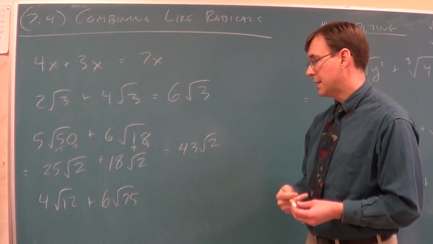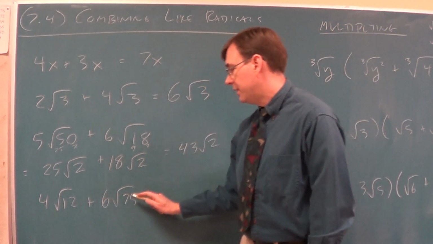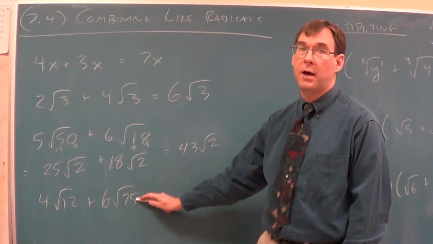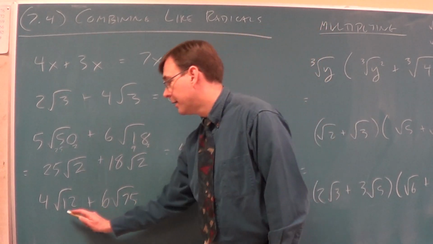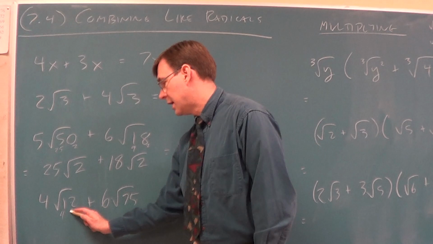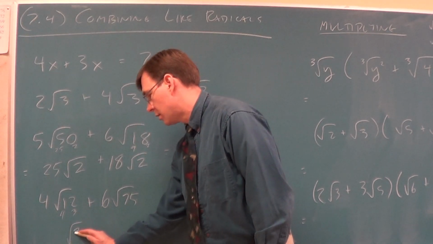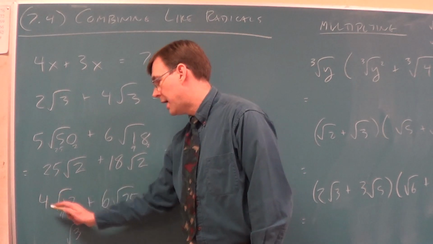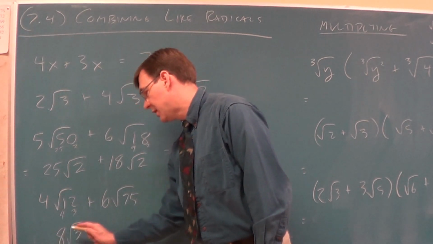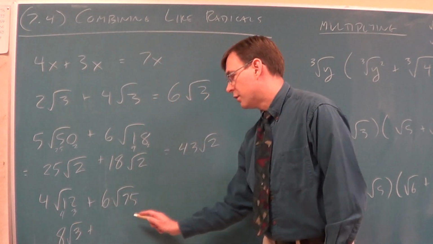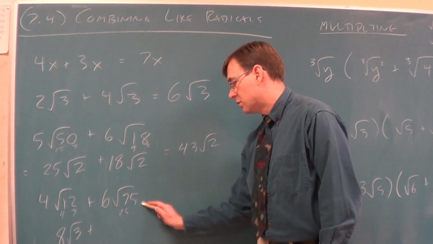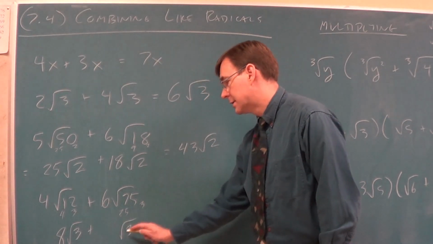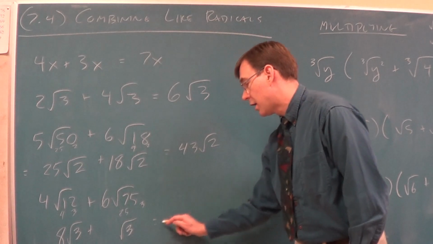One more, basically the same style. The 12 and the 75 are unlike right now, so we have to look at simplifying. For 12, 4 goes in 3 times, so 3 can go under. Square root of 4 is 2, which multiplies the existing coefficient up to 8. For 75, 25 goes in 3 times, so 3 is again underneath, and we have our like radicals,